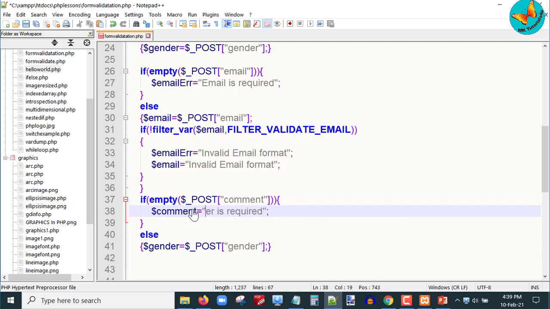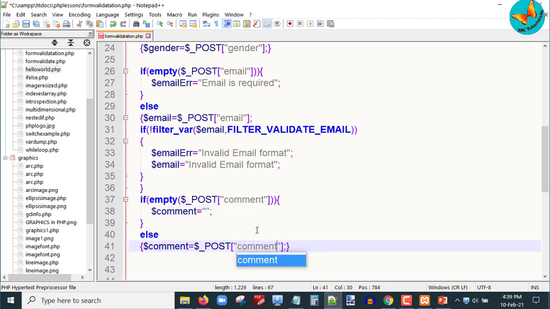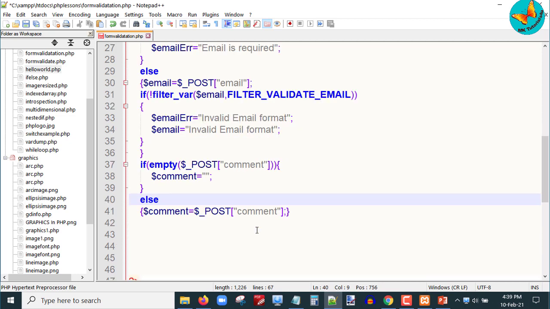So I'll just put here if empty $_POST comment, then yes, it is empty, so I am not displaying any error message. So I'll just put there an empty string. Else, if the user has put some comment, then I will store it within the variable $comment, and I will put there the value $_POST comment, which has been filled by the user.